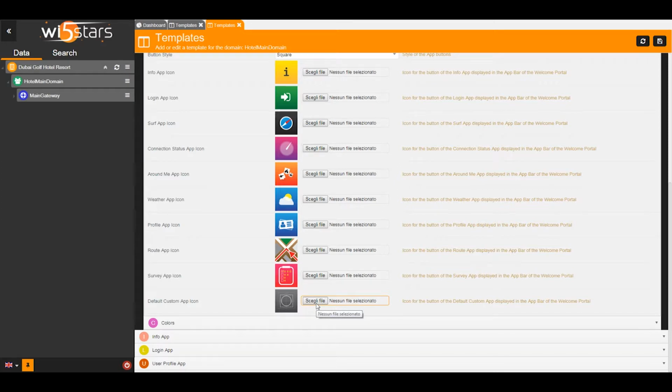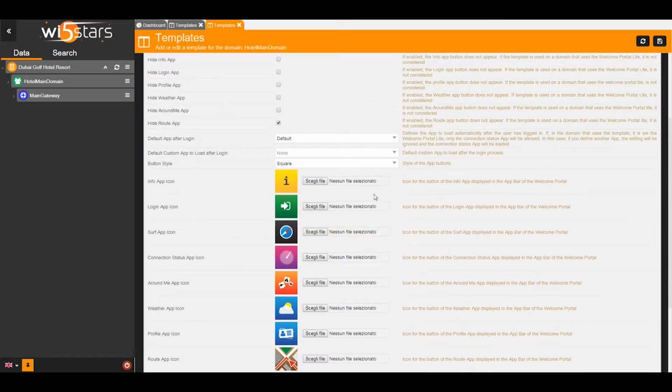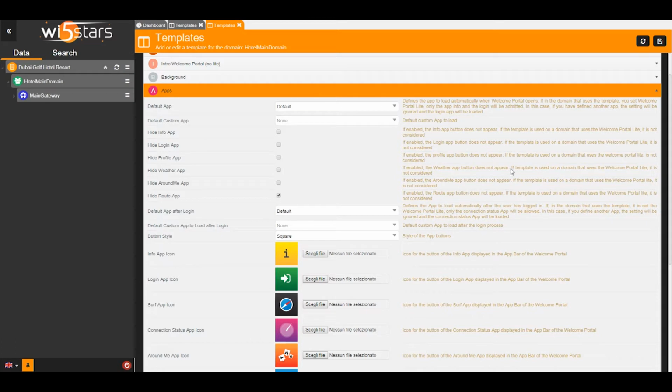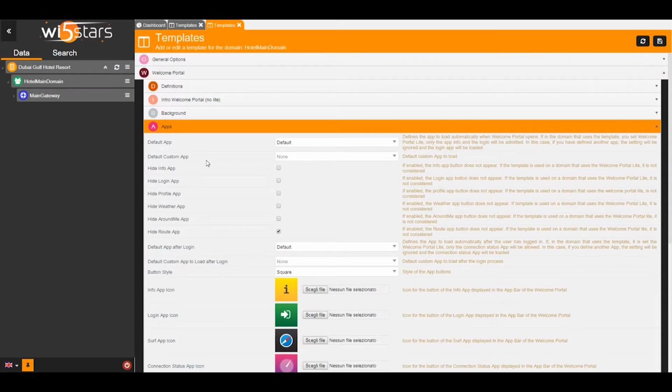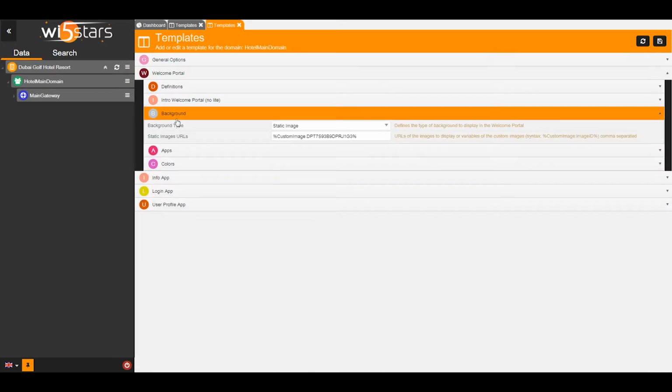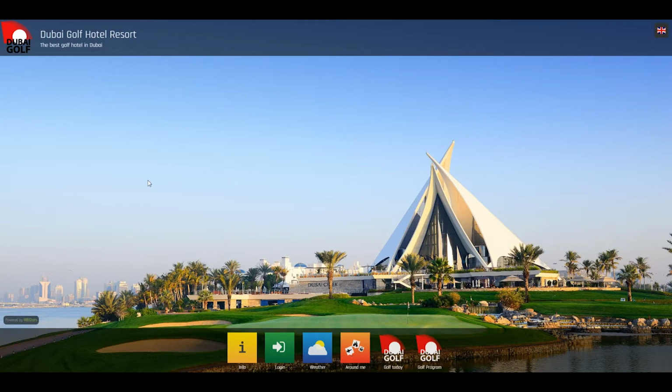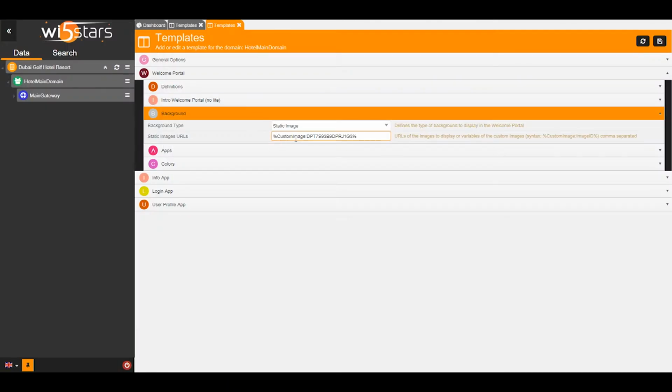You just need to upload the image here following the sizes that are written here on the tooltip, and you're done. Last thing is the background. As you can see here, we have this custom image. This is an image that we uploaded inside the system. The most important thing that you need to understand is that if you set this to static image, so you want to put a background image, here you can put also an external URL, so an image that you get on the internet. But it is important for you to know that